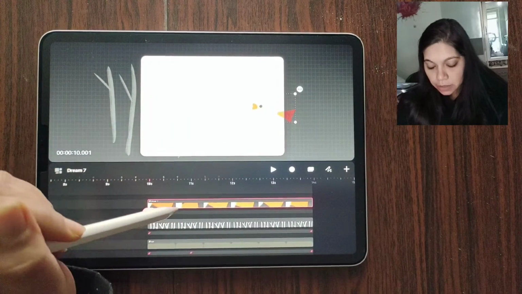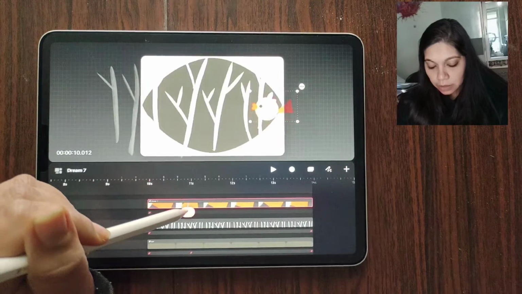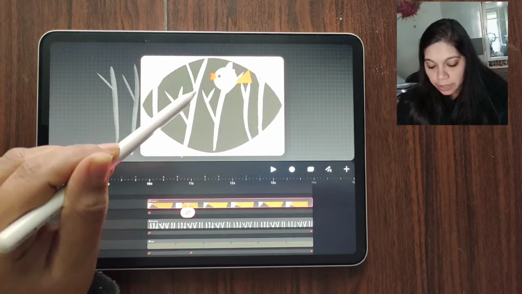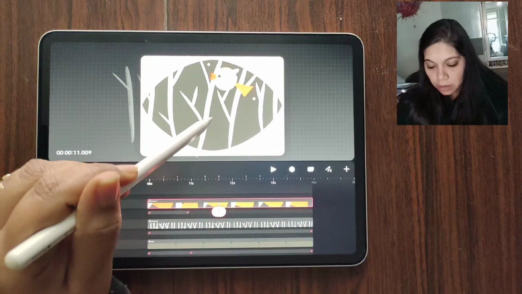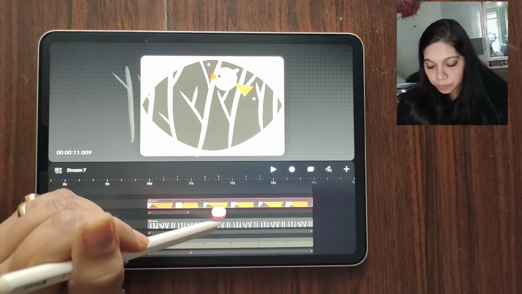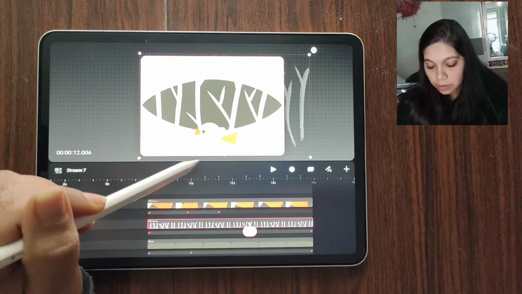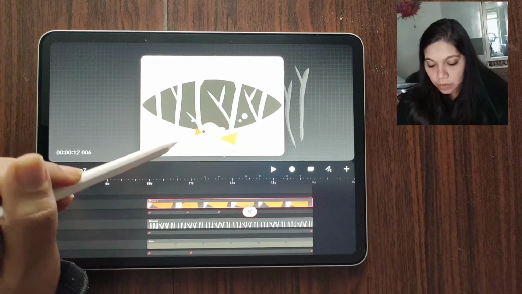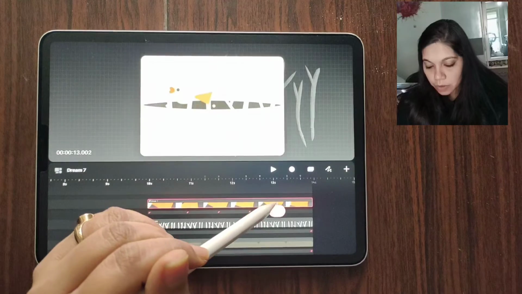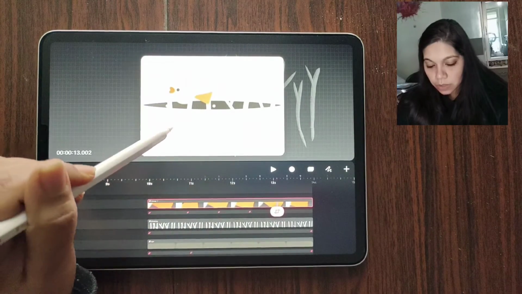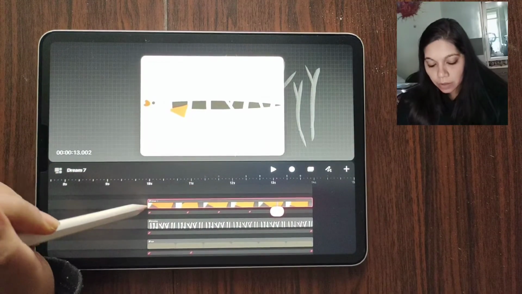The bird will enter, then maybe it will fly here, then come down, then again go up, then you won't be able to see. So yeah,